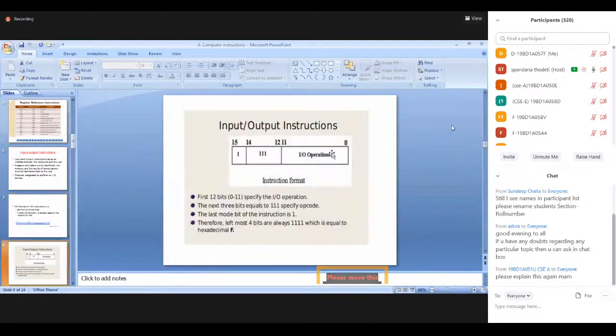See here, ma'am, this is 0 to 15 bits. Bits 0 to 11 specify the type of the IO reference instruction. Now bits 12 to 14 are the opcode values. The opcode value is fixed for IO reference as well as register reference. It is 3 ones, 111, fixed. Similarly, the 15th bit represents the I bit, which is equal to 1 for IO instructions. If it is a register reference instruction, the I bit value is 0 and the opcode bits are the same, 3 ones. So bits 0 to 11 specify the type of the register instruction.